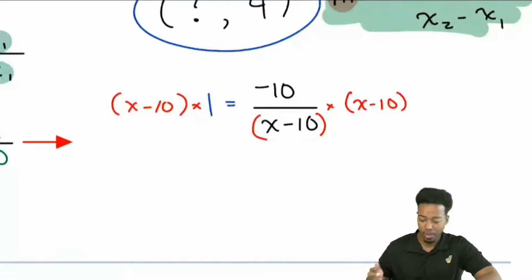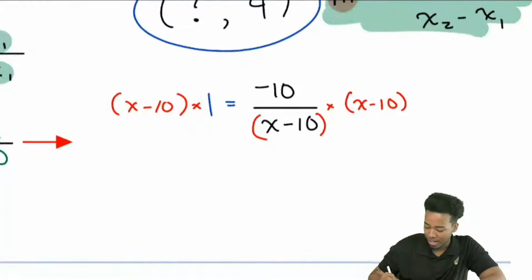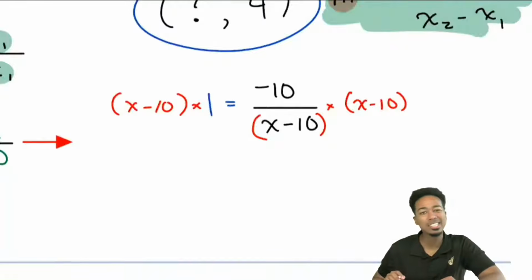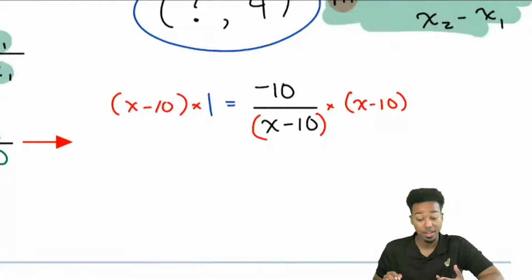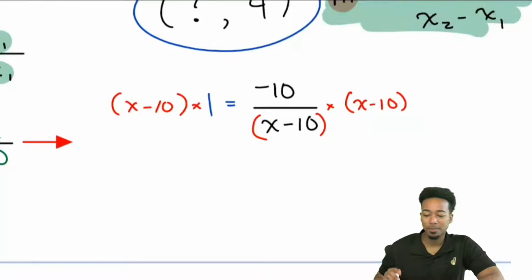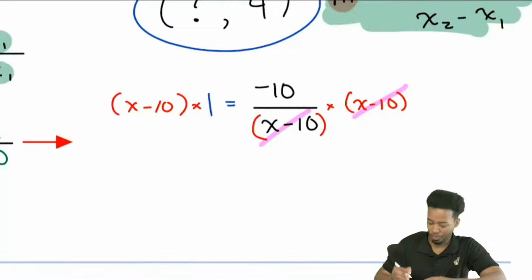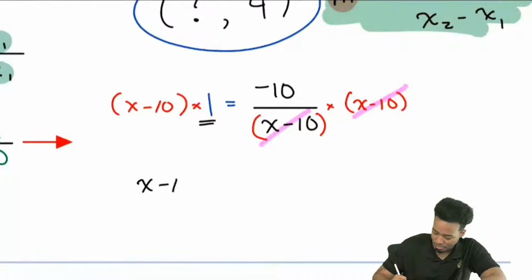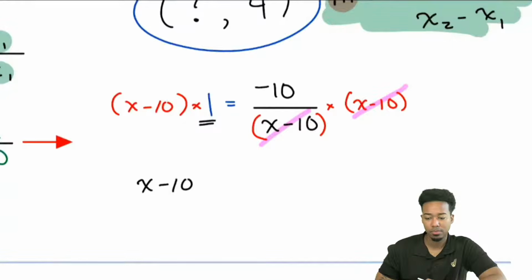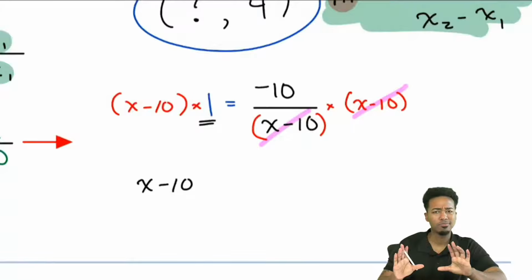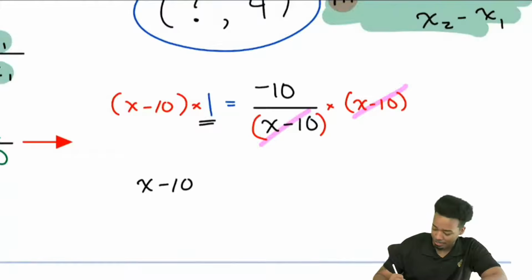And so to show you here, what's going to happen right over here, everybody? When you divide and multiply by the same exact thing, what's that C word that ends up happening? Right, it's going to cancel out. And Kai, no, you can't. But yes, it's going to cancel out. So this right here cancels out. And what you're going to be left with is this. Everybody, if you're multiplying by 1, is it true that the left side is just going to be x minus 10? Yeah, right? So you're just multiplying by 1. Just multiplying by 1. So that's going to stay the same. And on the right side, we just have the negative 10.